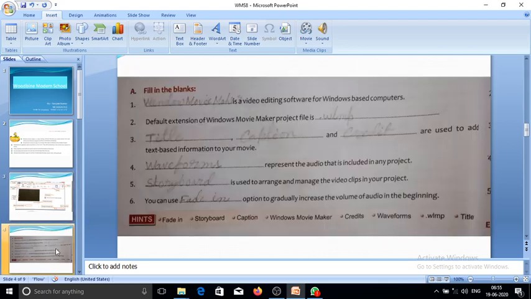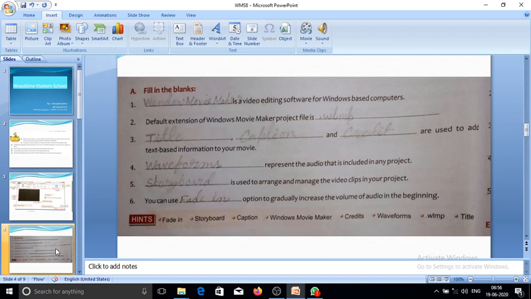Now coming to the point, question answers. First, in our book, fill in the blanks. Windows Movie Maker is video editing software for Windows-based computers. Question number 2, the default extension of a Windows Movie Maker project file is .wlmp.